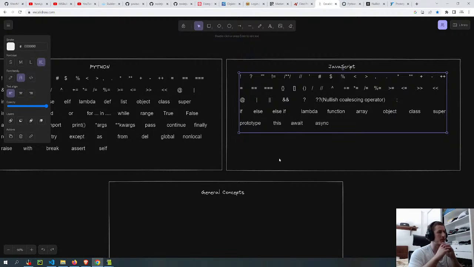So maybe I can do both as well. I can show this, and then I can show the script after, or the NetworkX map. So I show all the syntax, then I show the map, and I show which ones. I create two different nodes, the ones that are not in the same data frames, and the two different data frames. I put as a color red, and the ones that are the same I put as the color green. So that way, all the nodes that have green color, the syntax is the same for JavaScript and Python, and the nodes that have different colors, the syntax is different.